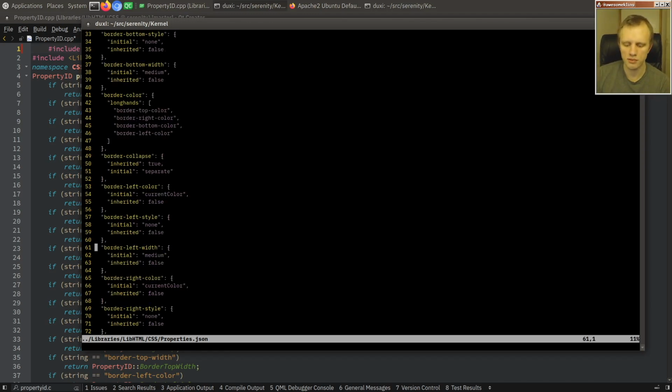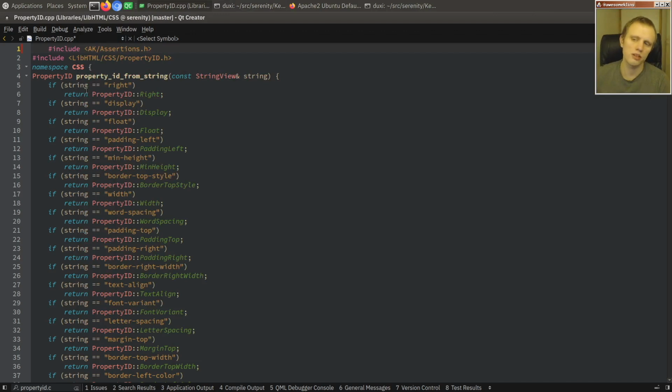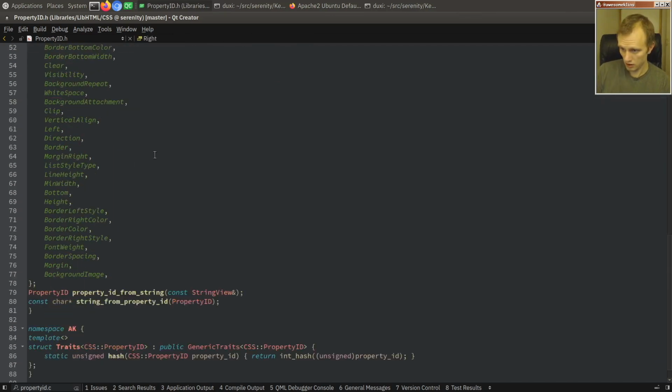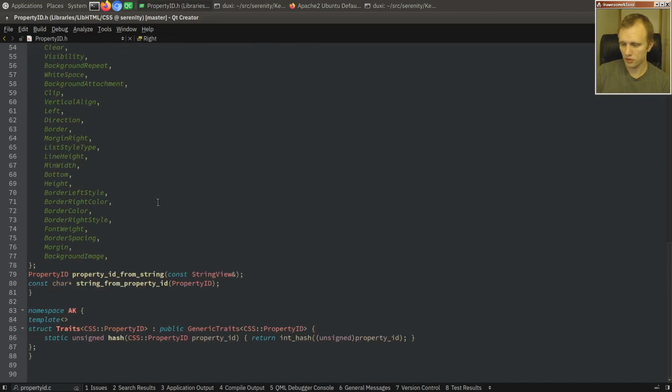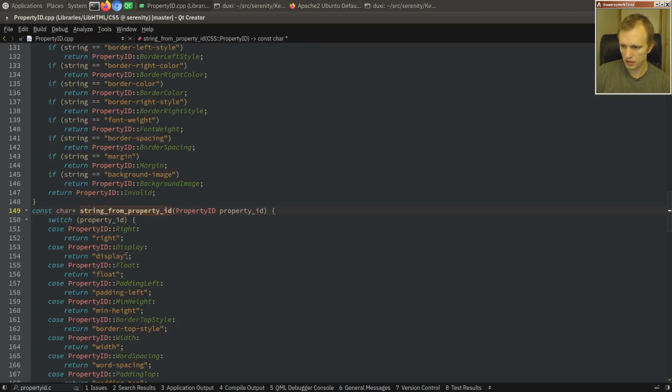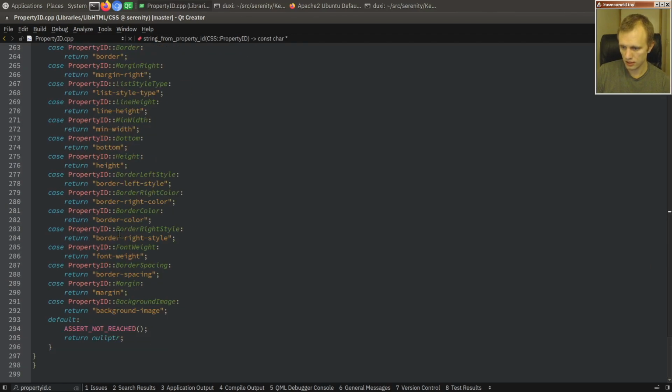Just wanted something off of which I could write a code generator to produce things like this, which is used by the parser. It just takes an input string and gives you back the CSS property ID enum, and this file is also generated. So we have this string from property ID, which I guess is going all the way down here